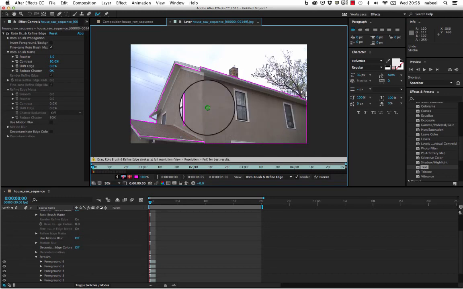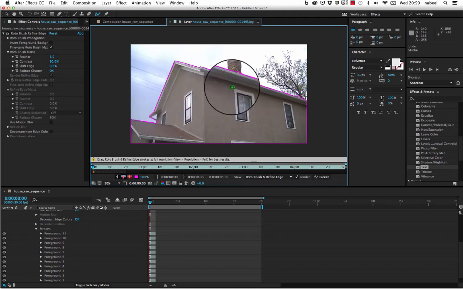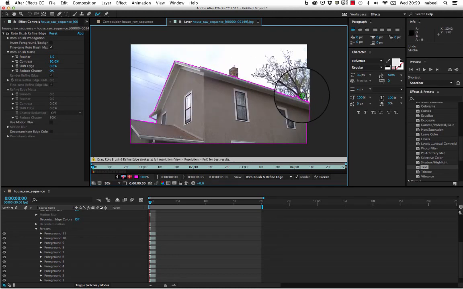So what I'm doing is just simply scribbling on the actual house itself, and it's automatically detecting the edges. Okay, so you can see that I've got a good edge there. These edges need to be on the top. Let's go there. There we go. Slightly indent there. Let me just try that again. There we go. I'm pretty much happy with this. Here you can see, if I zoom in,